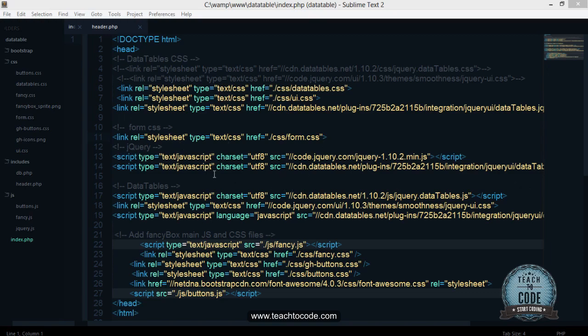We can make changes over here in the header file, and as I mentioned earlier, we need DataTables. I downloaded that, and I linked its style sheet, and jQuery is also essential, so I used a CDN link for that one too. And I will give this header.php for downloading, so that you can easily download this file and include it in your project. So these are the things. After this one,